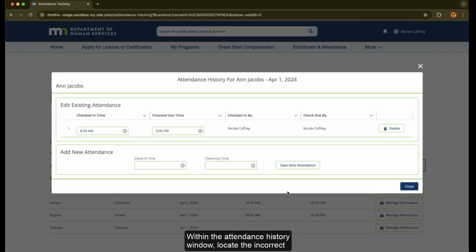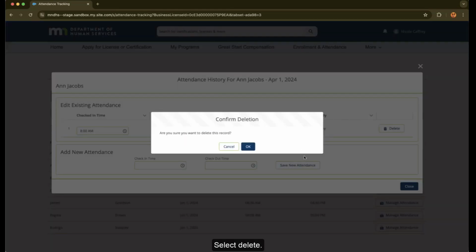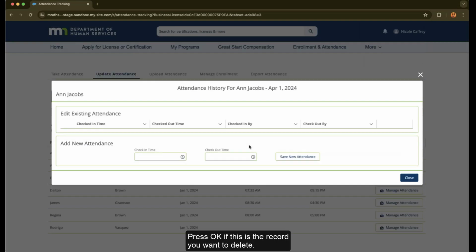Within the attendance history window, locate the incorrect existing attendance record. Select Delete. Press OK if this is the record you want to delete. Then press Close.